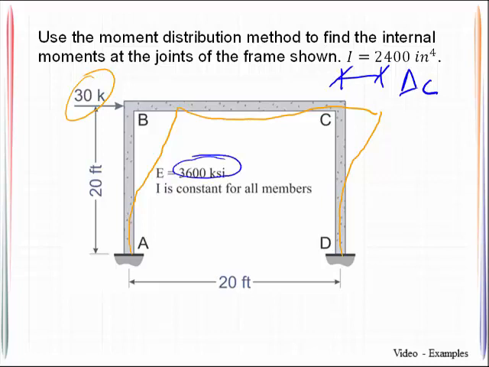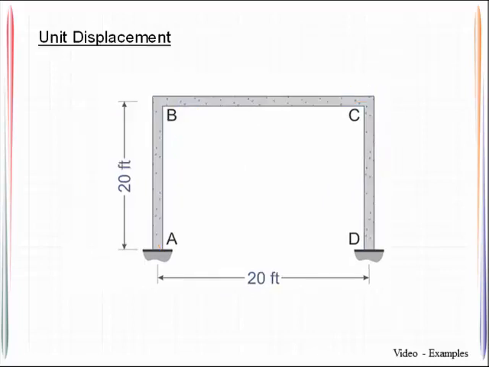Modulus of elasticity for all members, 3600 KSI. I is constant for all of these members at 2400 inches to the fourth. So to handle these frames with sway, the first thing we've got to do is lock against sway. So you notice how we had motion side to side, so I put a roller which would prevent that motion. And then I am simply going to take that roller and move it a unit displacement